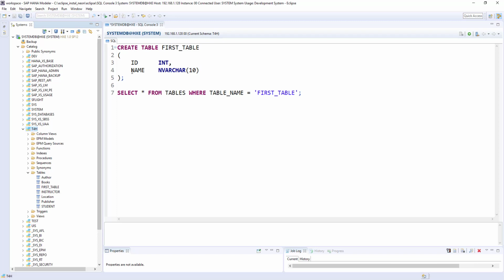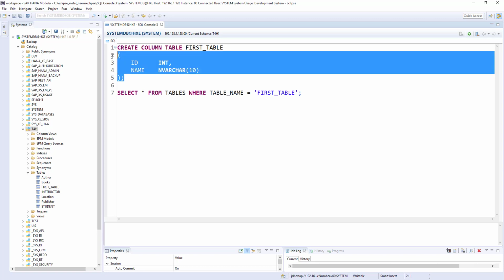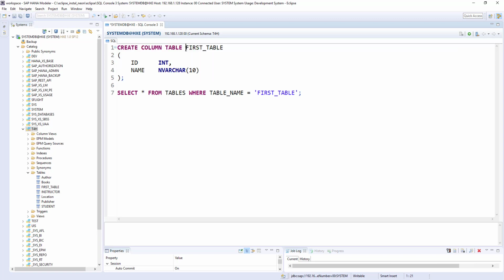So I opened from t4h, I removed the schema name, and I'm going to add another keyword called column table. So this is going to create a column table, and t4h is not required, so automatically this will create a table in the t4h schema, even though we are not mentioning t4h, because we opened SQL from the t4h node. The table name should be different because the first table is already there in the t4h schema.